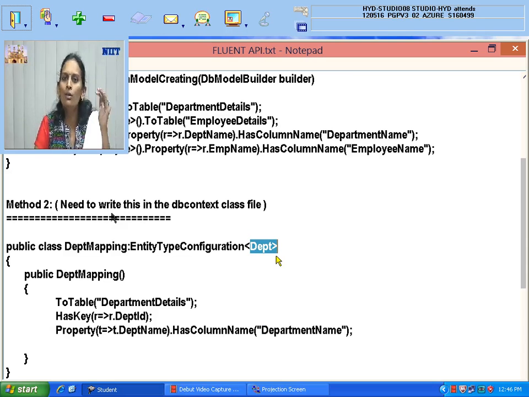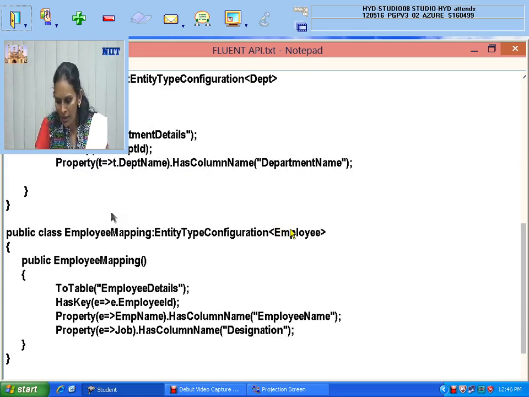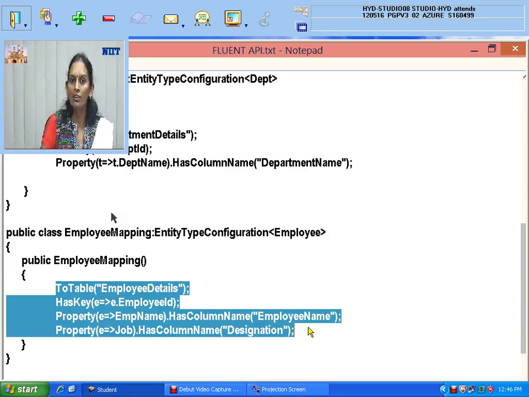If your model classes are DEPT and employee, ours are STD and employee, so accordingly you modify. For employee, I need to create one more class to specify the settings that work only on that model class's table columns.